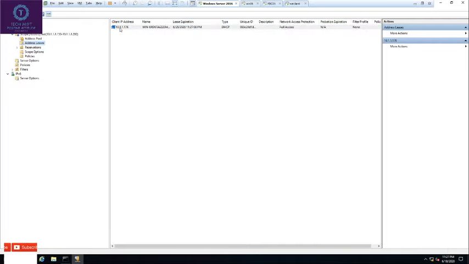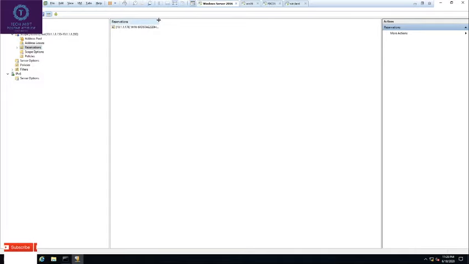Now I want this IP to be reserved permanently for this system because I have some internet access or some specific ports are open. That time we do the reservation of the IPs. To do the reservation, just go here, right click, add reservation. Here you will get: this is converted successfully to reservation. Now go to reservation. You can see the host name and IP of that system.